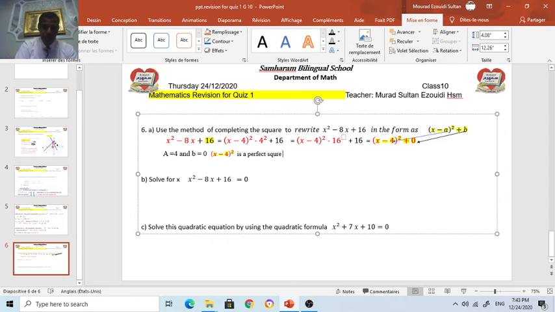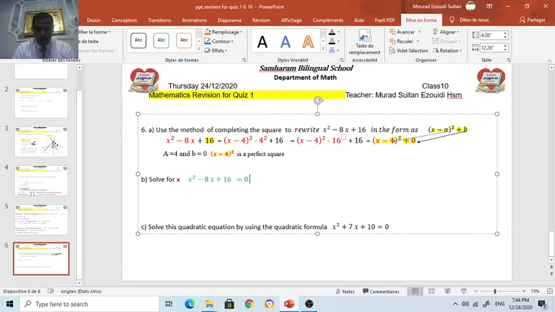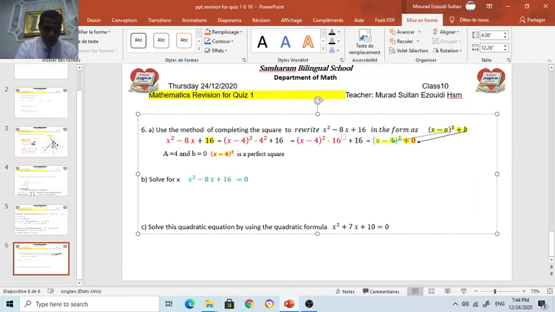Okay, square. Now my learners, we told Mr. Murad, square root. Good. Now we will solve this quadratic equation equals 0. Of course, in order to solve this one, my learners, just see the last part of your work, using the method of completing the square. I mean this one means this one equals 0 implies